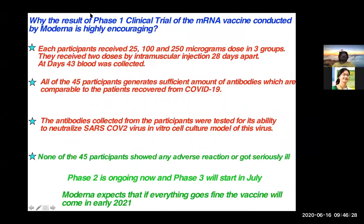So why is the result of the phase 1 clinical trial of the mRNA vaccine conducted by Moderna highly encouraging? This was published several weeks before. They did a phase 1 trial with a small number of people. Each participant received a 25, 100 or 250 microgram dose in 3 groups. They received 2 doses of intramuscular injection